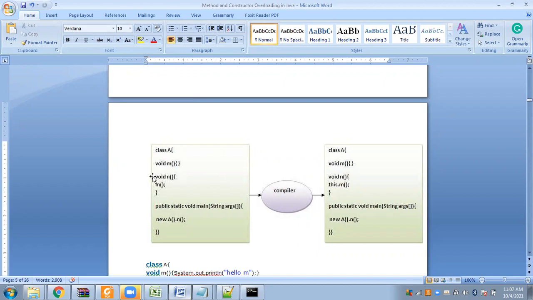Now, do you see any this keyword here? No, we don't have any this keyword here. But when this is taken over by the compiler, the compiler will simply add a this keyword in front of M. So we will not see this. We are simply making a function call to M from N. Without the this keyword, we have written it, but the compiler will by default add a this keyword in front of M when it is trying to call M.